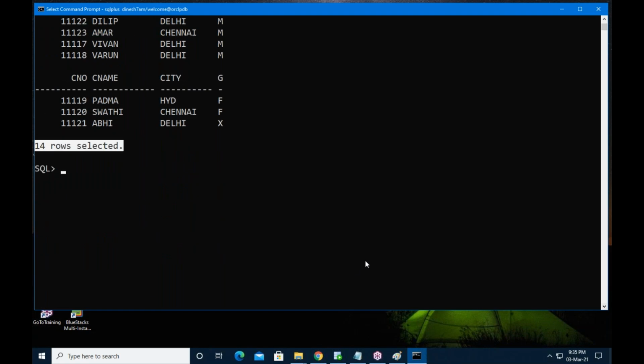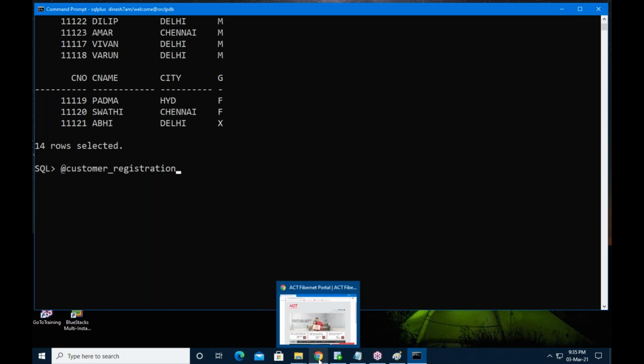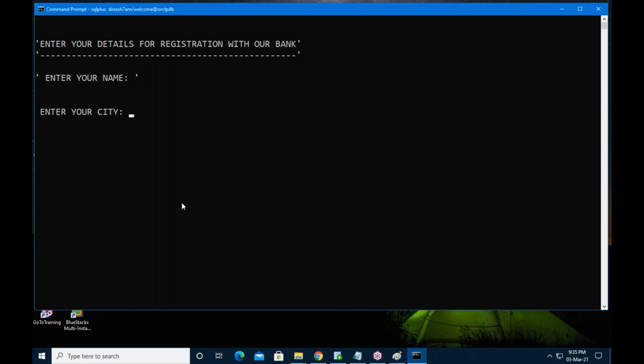Now another customer wants to register with the bank. Customer registration. If I select the register option in the web page, it is asking for your details like this. Enter your details. By mistake, some colon has been entered.